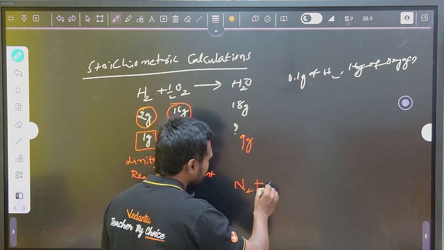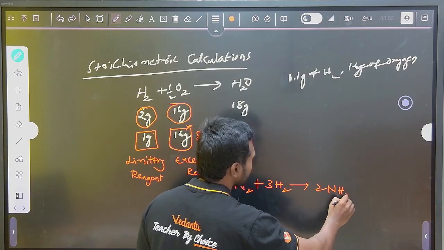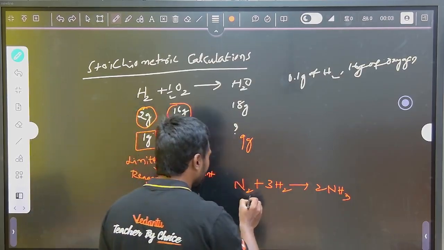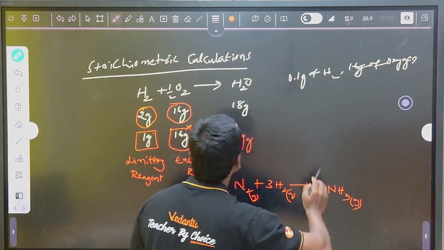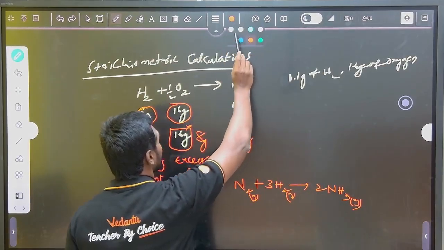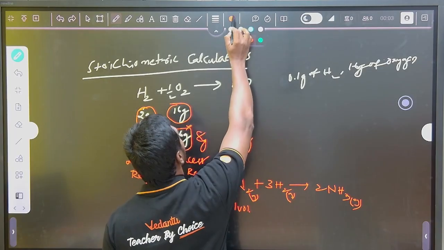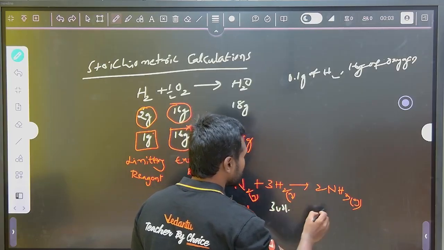N2 plus 3H2 gives 2NH3. This is the balanced chemical equation for the preparation of ammonia. Here, all are gases only. This is gas, this is also gas, this is also gas. Now apply Gay-Lussac's law of gaseous volumes. This is one volume, this is one volume, this is three volumes, and this is two